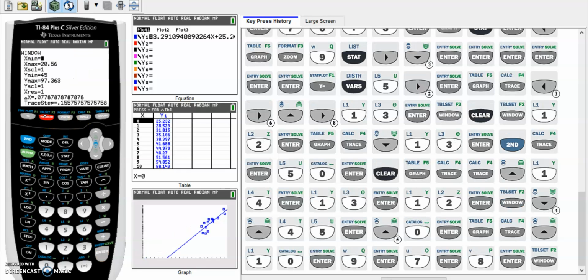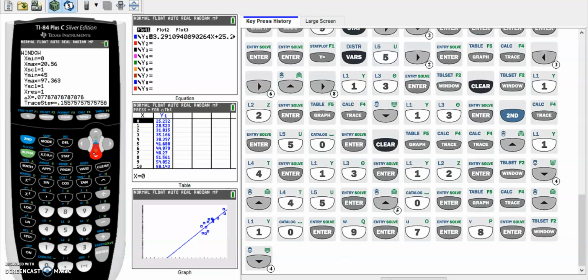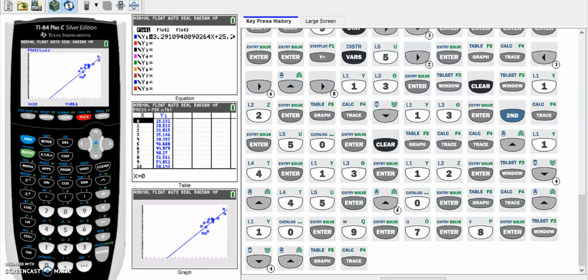So I'm going to pause this and find a good window. Okay, I actually found the window. I decided to just make our x value 0, since if we go to 0, it's fine. The problem was down here, y min is set at 45 because we know that we want to go no less than 50 degrees. So I changed x min to 0, y min 45 degrees. And you can see our graph shows pretty much all the information we need. I'm going to trace. If I have the up arrow, if I go down to like 5 chirps, that's 41 degrees. If I go to 10 chirps,